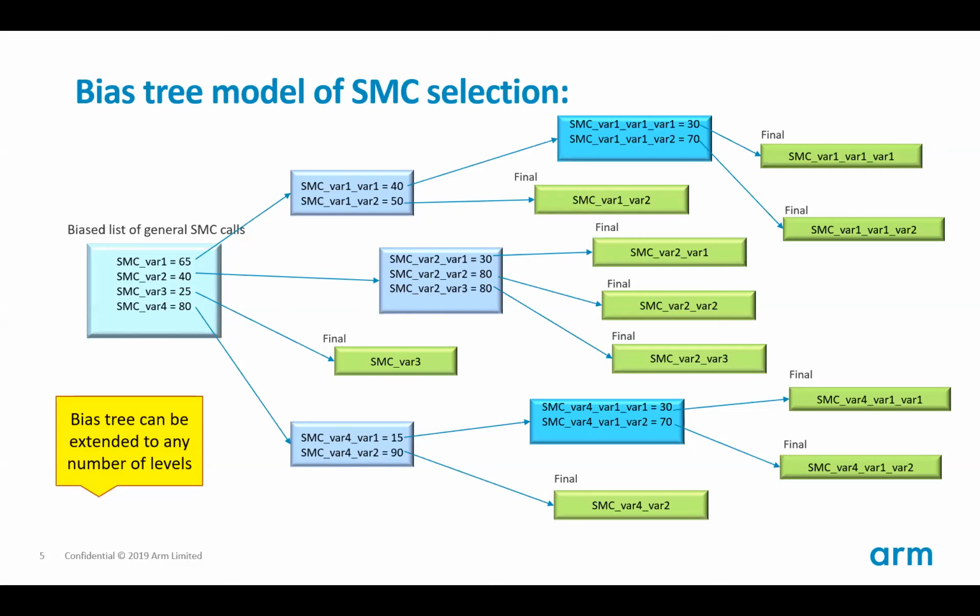And then it falls to, okay, if I have this particular SMC call at the top level, and I go to the second level, then I get more SMC call variations that could exist below that. Each of those, once again, has a bias associated with it that it chooses amongst, and it keeps doing this iteratively until it finally results in an actual SMC call that can be utilized by the system. And this would be just the general way that every SMC call would be called, and you can see how all the different biases will result in sort of a tree,